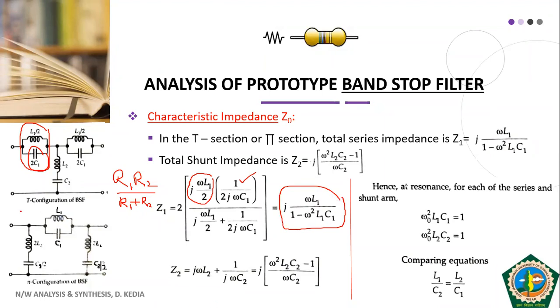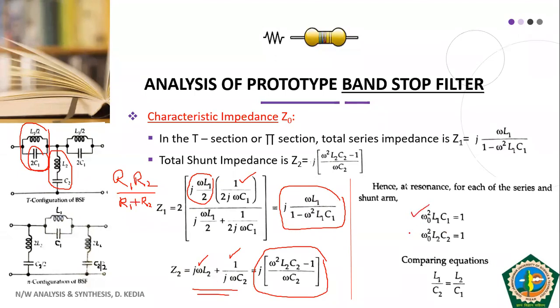Now let us come to Z2. It is straightforward. In Z2, we have L2 and C2 in series, so they will simply be added together. So this is j omega L2 plus 1 by j omega C2. If you solve this, you get this. So this is how we have obtained Z1 and Z2, and the same kind of thing, in fact, we have followed in low pass, high pass, as well as your band pass filter. If you understand the procedure, if you understand the logic behind one of the filters, then it will be an easy job to understand the others.